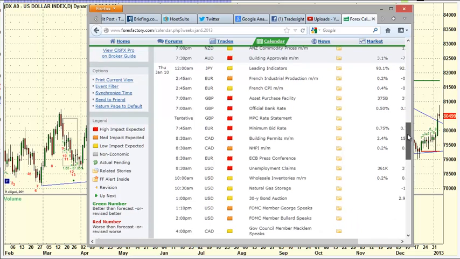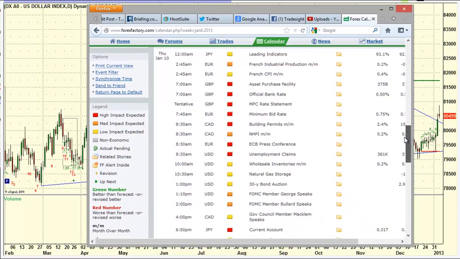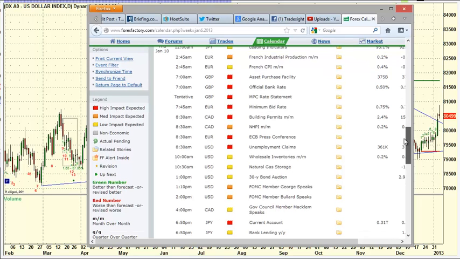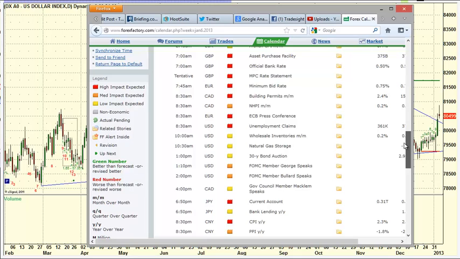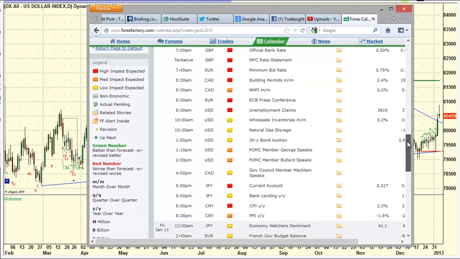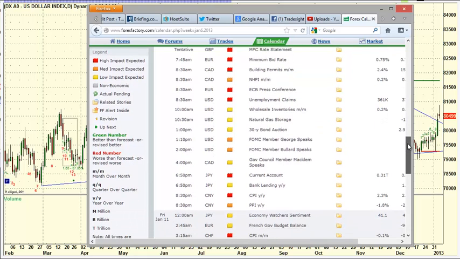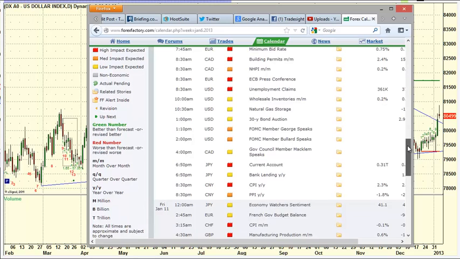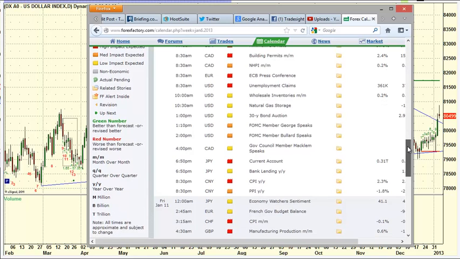Not a big deal. And then going into Thursday, the wee hours, leading indicators out of Japan, French industrial production and CPI. We've got a rate announcement out of the Bank of England. That's at 7 a.m. Eastern time. And also out of the ECB, the Central Bank of Europe, at 7:45 a.m. Eastern time Thursday morning. So we'll be half size going into those with our calls that night. Building permits out of Canada. Press conference about the rate announcement, 8:30 a.m. Eastern time on Thursday morning.